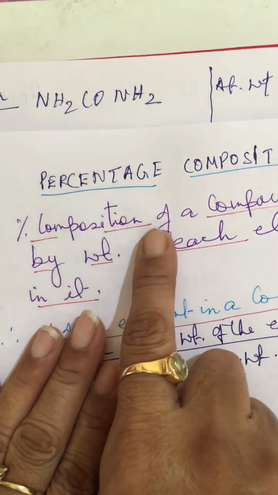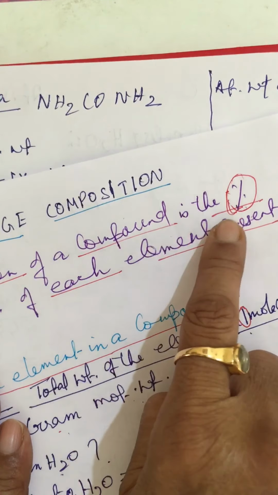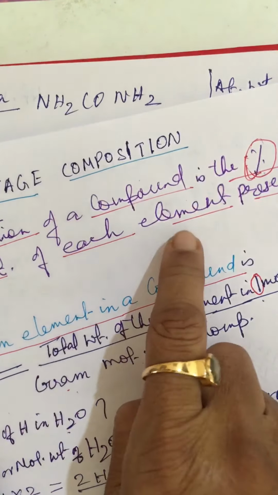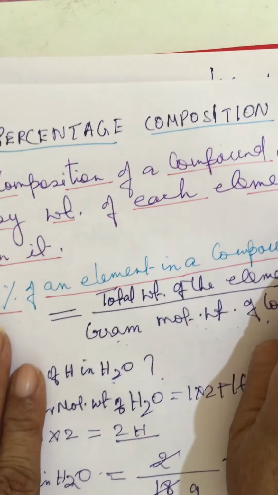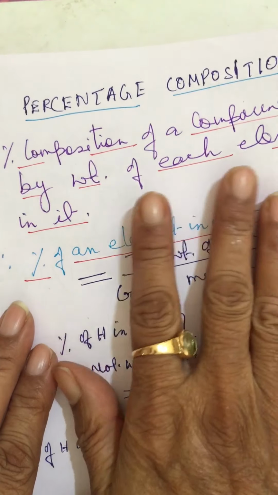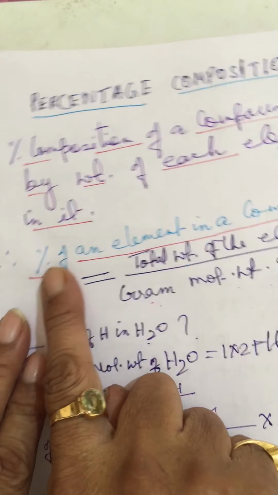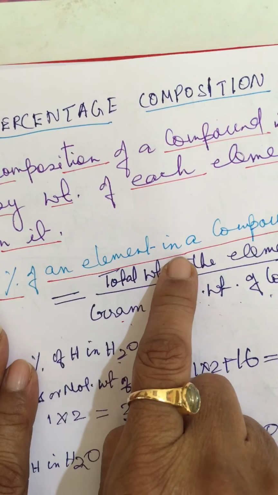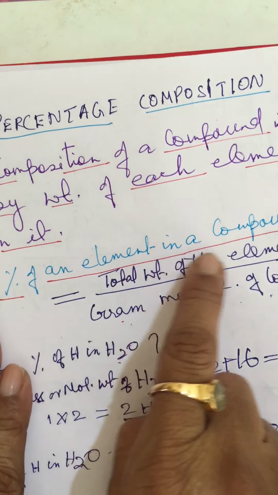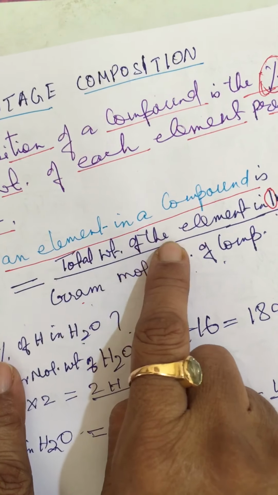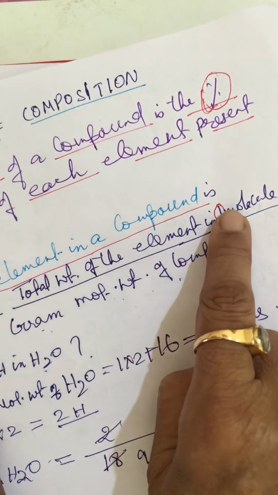The percentage composition of a compound is the percentage by weight of each element present in it. The standard formula is: percentage of an element in a compound is equal to total weight of the element in one molecule